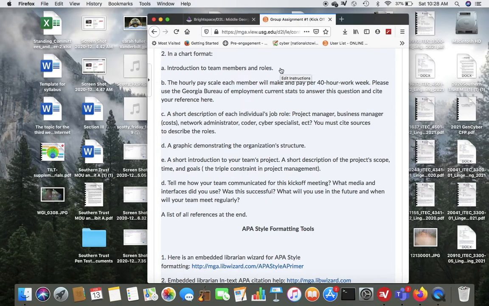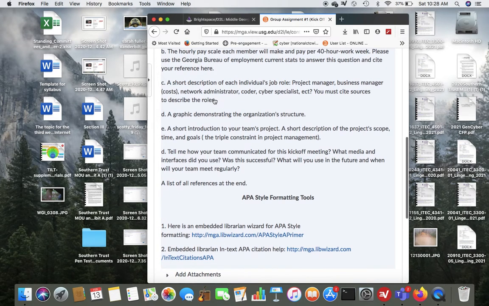So you'll identify what roles your team members will be playing. You'll also include a pay scale for each member. You can go to the Georgia Bureau of Employment current stats to answer that question and cite your references wherever you got your hourly pay information. Also do a short description on each one of the individual's job roles.